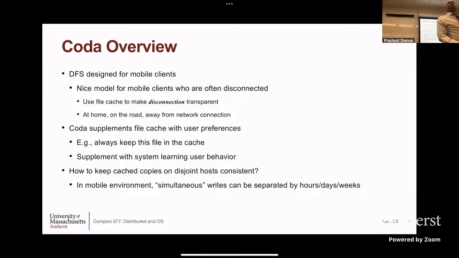For example, if you use Google applications like Google Mail, they have an offline mode. You turn on offline mode in Google, you can still use a web browser and read your email because it will cache some of it locally, and it will not know that you're disconnected from the web. But this is the system that actually originated some of these ideas maybe more than 30 years ago. So let me explain